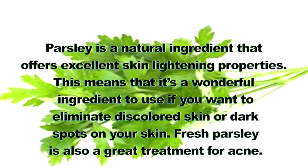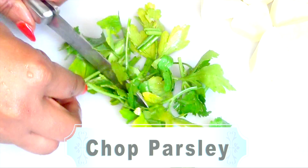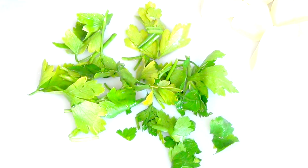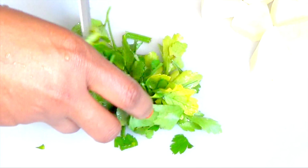So what I'm going to do with the parsley, I'm going to be blending, and for easier blending, I'm going to chop it in small pieces. You can choose not to chop if you have a powerful blender. Okay, so now I'm going to put this aside and I'm going to move on to my next ingredient,